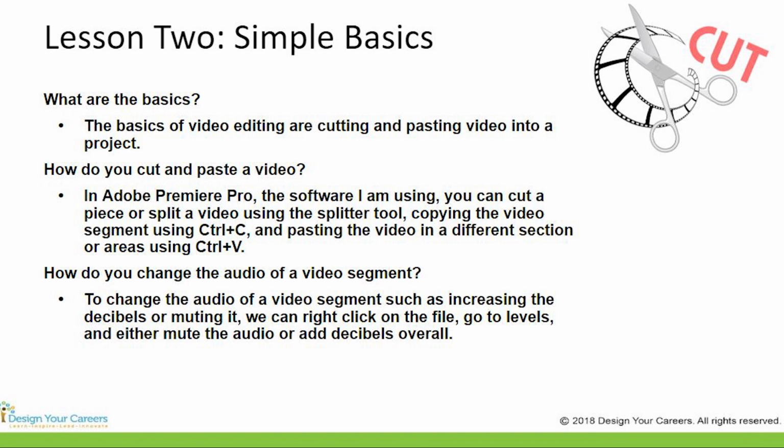Lesson 2. Simple basics. What are the basics? The basics of video editing are cutting and pasting videos into a program or project. How do you cut and paste a video? In Adobe Premiere Pro, the software I am using, you can cut a piece of video or split a piece of video using the splitter tool, copying the video segment using Ctrl-C,